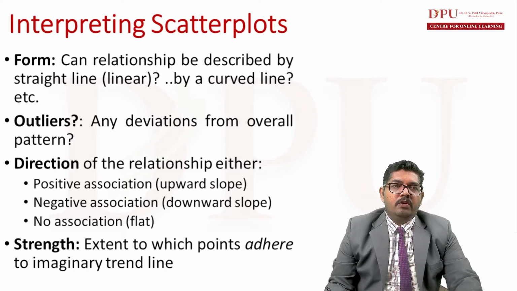Interpreting the scatter plot. First, form: can the relationship be described by a straight line, linear, or a curved line? So we can understand what kind of relationship there is, whether it is linear or curvilinear, from the scatter diagram. Then, are there any outliers, deviations from the overall pattern? For example,